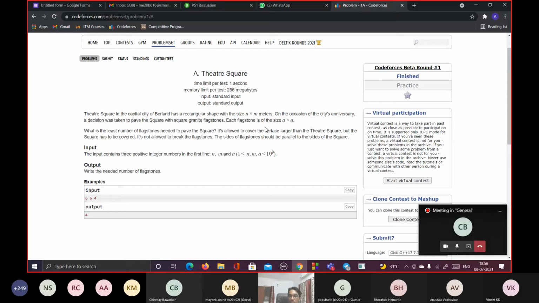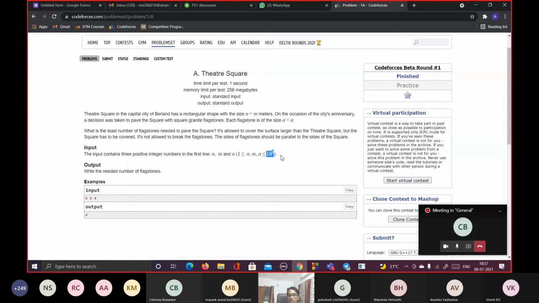To cover the sides, you need to have the next largest integral tile, which is implemented by the ceil function. And of course, be careful of this 10 power 9, because it's a pretty huge number and int cannot take that load.